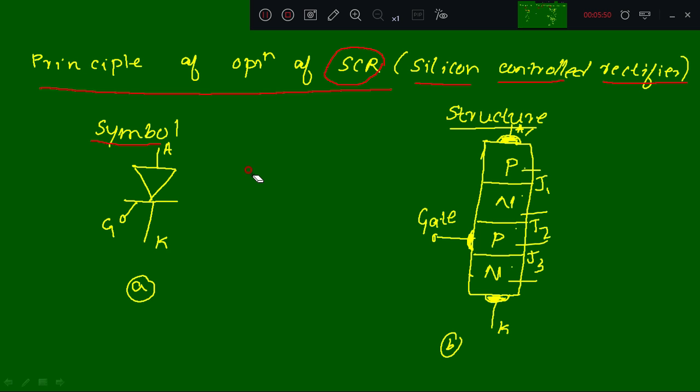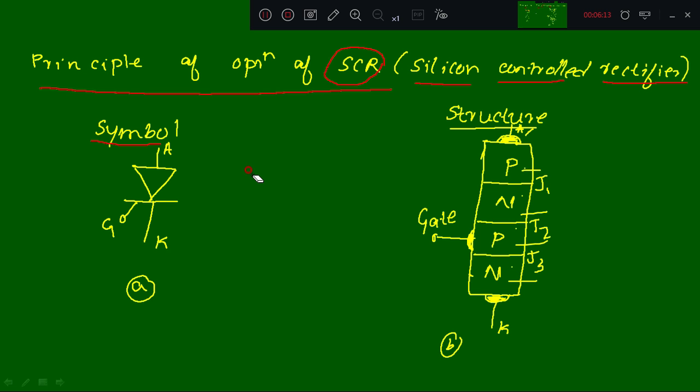AC to DC converter. AC I am giving, expecting 100 volt DC. Whether my diode will give me 100 volt DC? No. So in that case, I have to go for SCR. Where diode fails for large voltages, large current, I have to go for a power device, which is SCR.